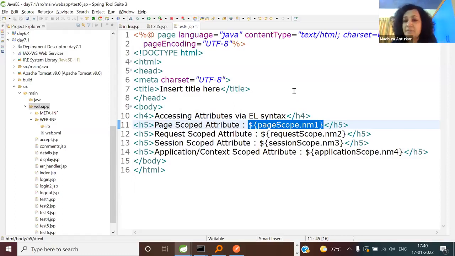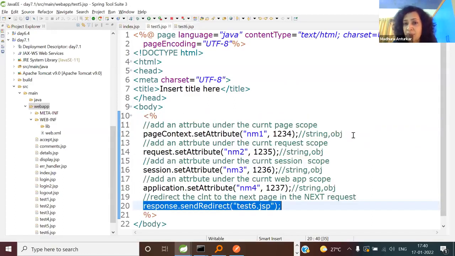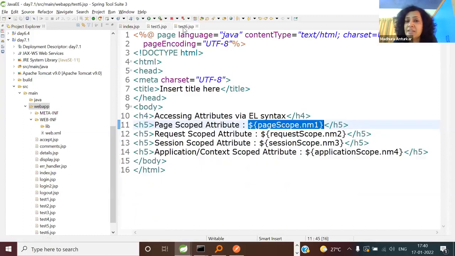So tell me, when I run this, blank or not blank, or you can say null or not null, both are the same. Tell me, blank or not blank? 100% blank, as well as equal to null. Guys, this is your page scoped attribute. The moment you step outside into a separate page, will that continue to be visible, or will the scope be over? Of course, the scope is over. Isn't it equivalent to private? Private members are not accessible the moment you step outside the class. Same idea.